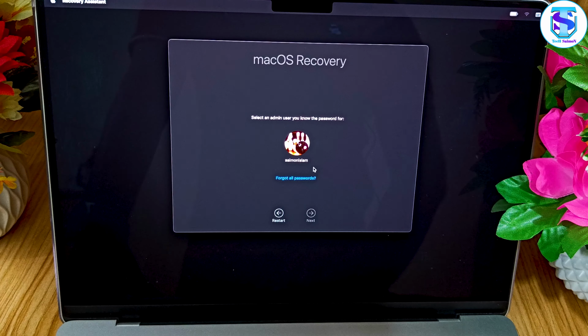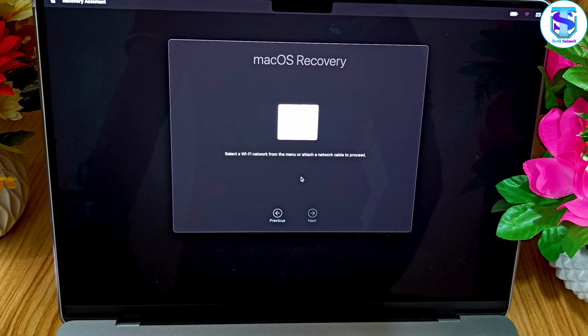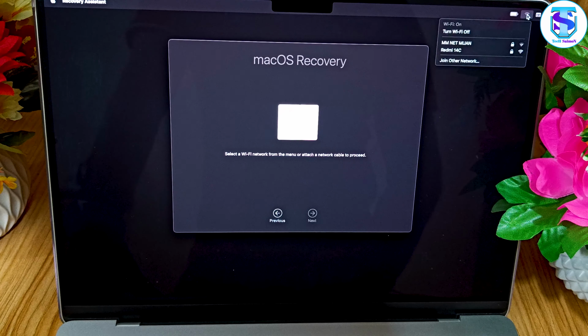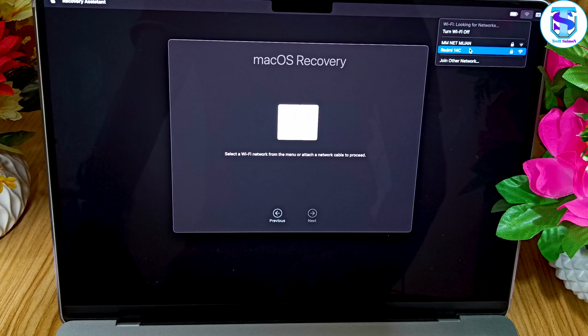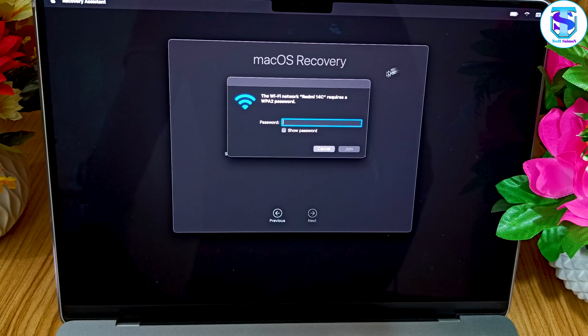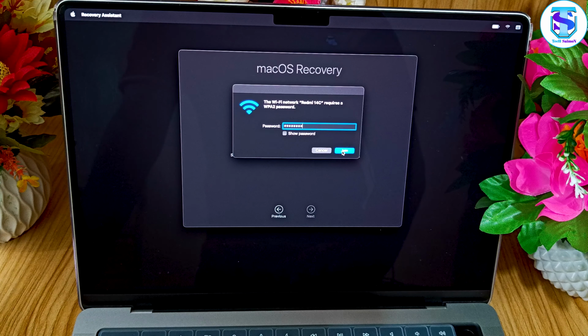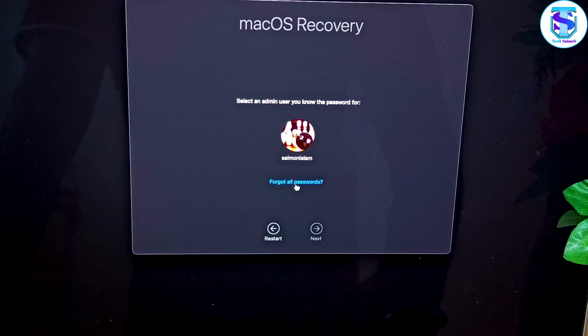Then you have to select your admin account, then click here, forgot all passwords. By the way, before clicking here you have to connect your MacBook to the internet. Let's do it. Then click on join, then click here, forgot all passwords,